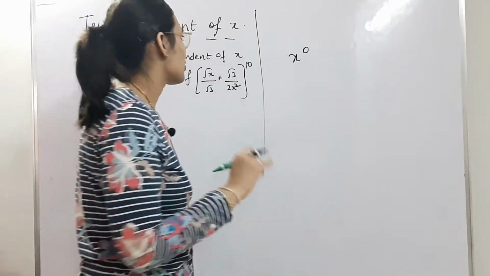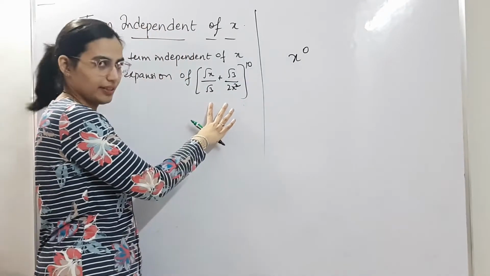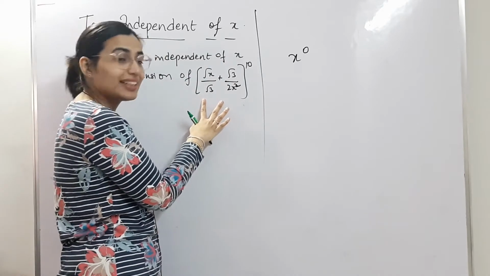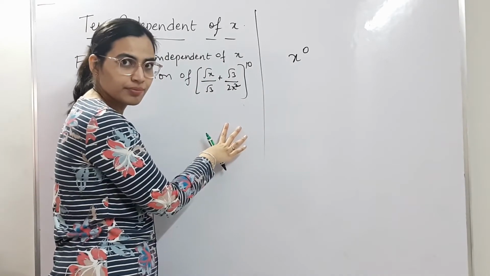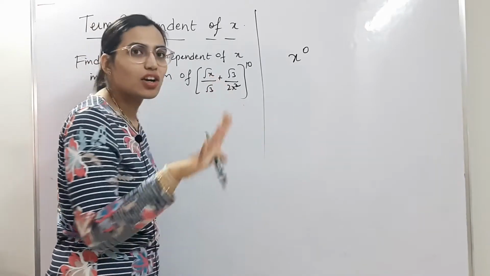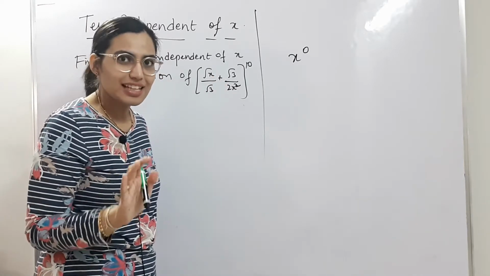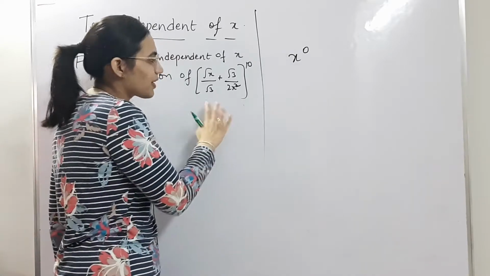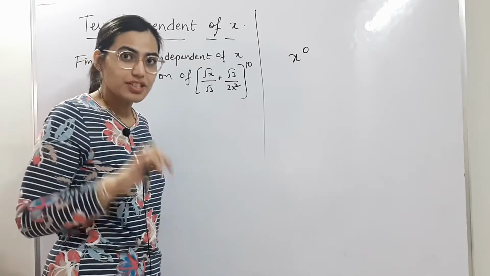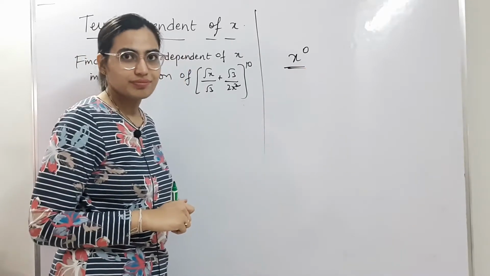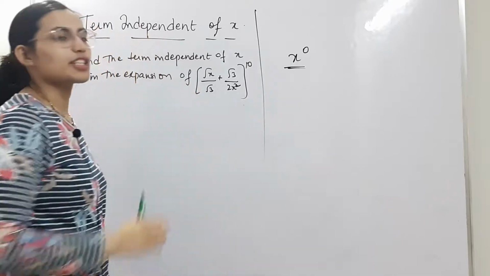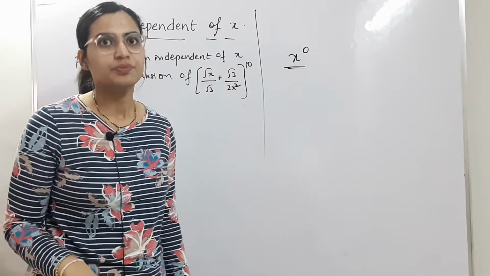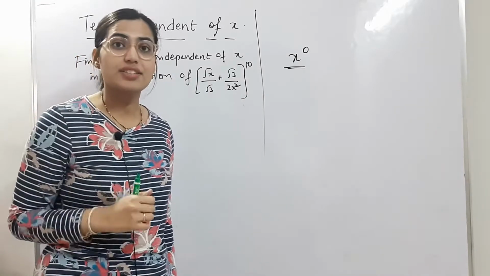So that means, in short, in this binomial, if we want to find the term independent of x, then x should not have any power. Or can we not say that we shouldn't have x at all in that term? That means that term is the constant term in this expansion? Yes, and that constant term will have x as 0. So in short, for this expansion, the term independent of x is nothing but the constant term, where the power of x is 0.